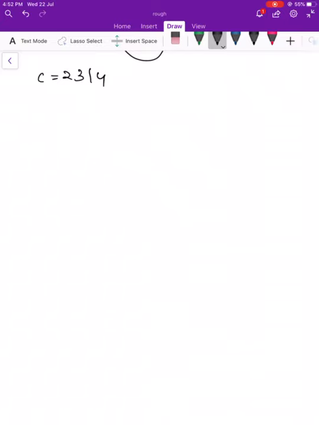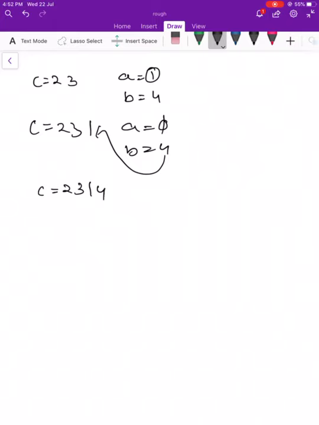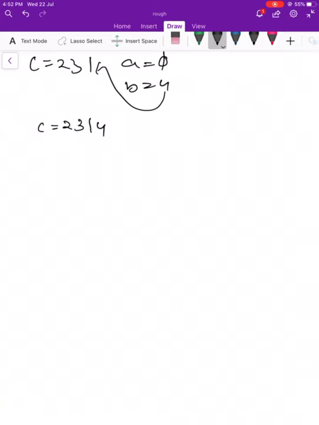So I think you have understood the merge operation given in the question. The question is, we are given an array C. We have to find whether there exist arrays A and B or not.